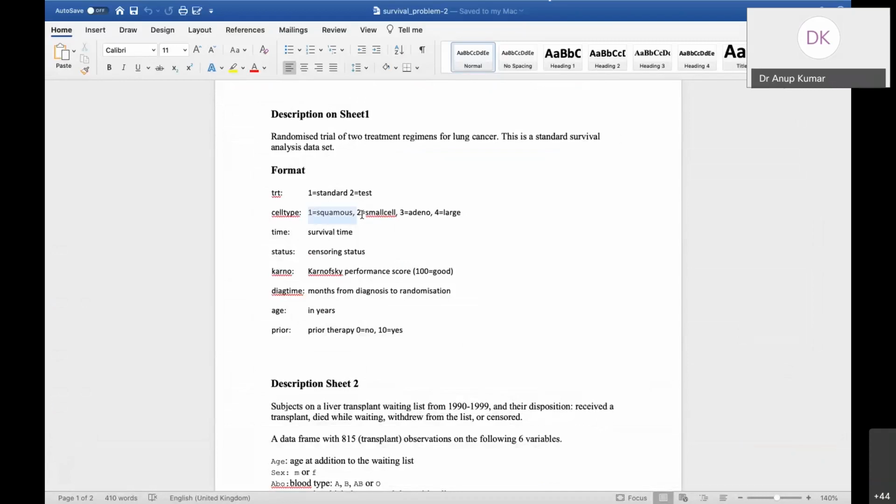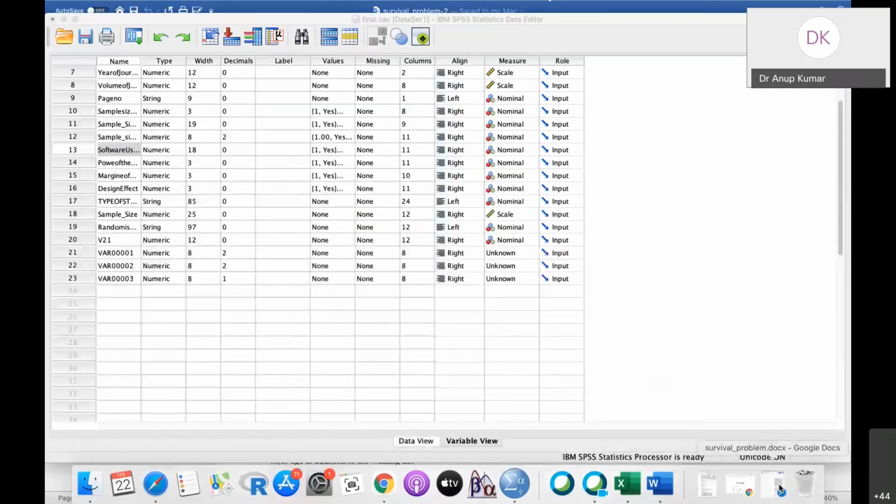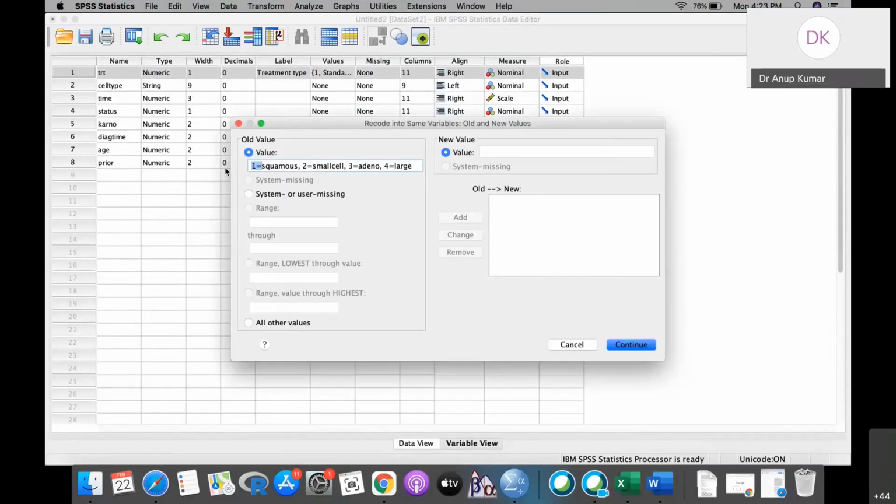So just copy it here, and then squamous stands for, write down 1. Okay, and then again the second one is small cell. So small cell stands for 2.